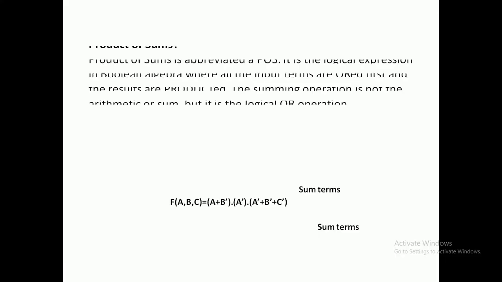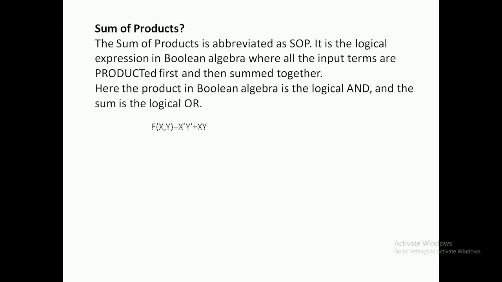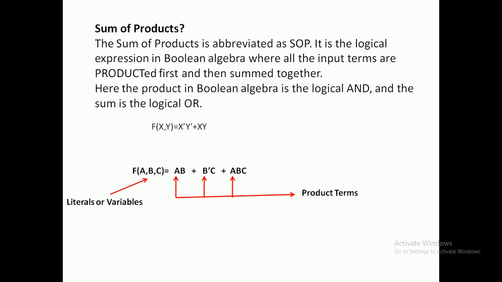So already we know what we mean by the sum of product and the product of sum. Again, I am just revising here. Sum of product term, it is one; sum of product term is the second one. So these three are called product terms, and these are called literals or input signals: a, b, c, as well as some other example with the w, x, y, z signals.